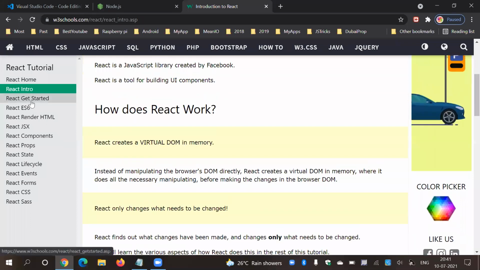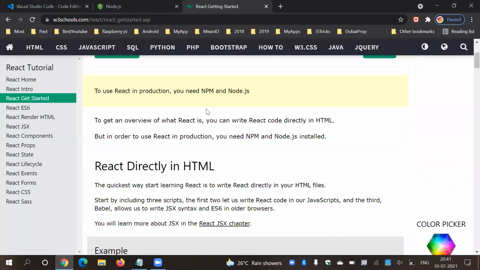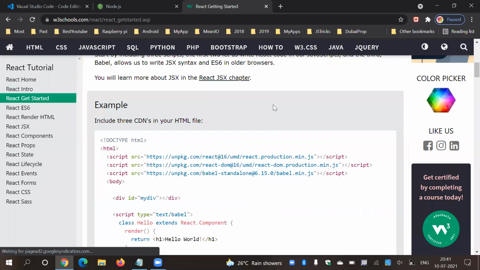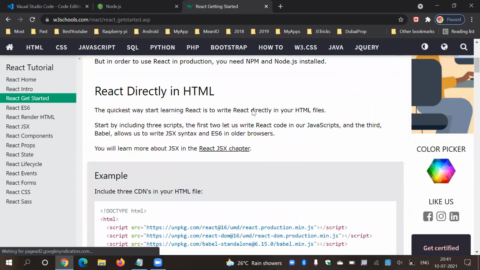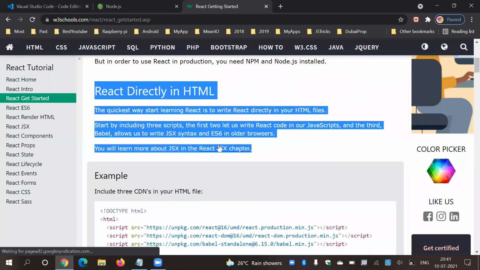So the second menu is getting started, how to use React. I already explained this, so just skip this part. There is an example, here is a basic example. What is ES6?